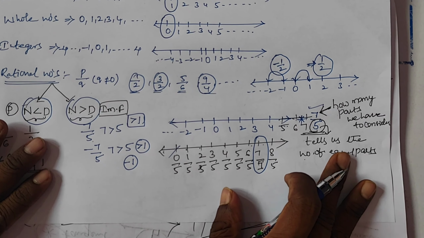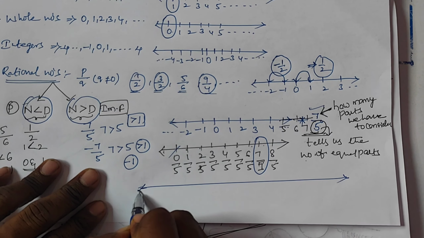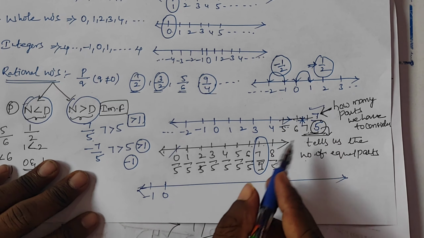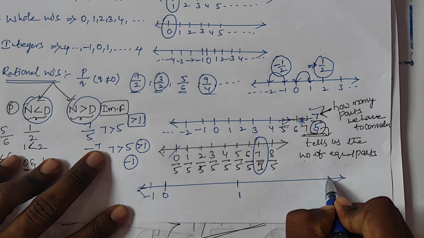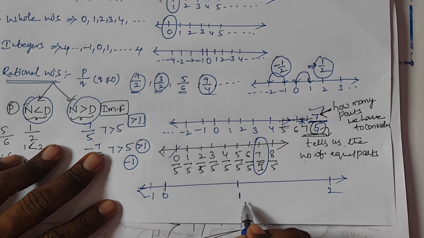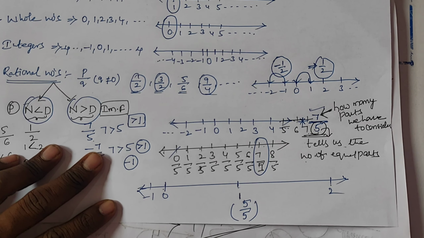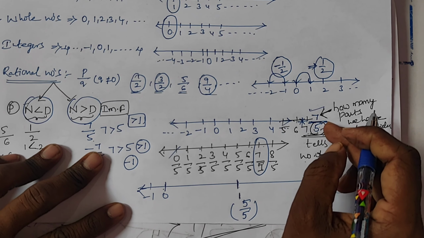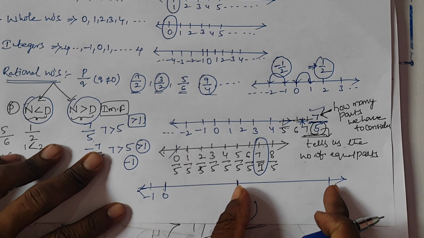Or we can do it by another method also. Again considering a number line, observe clearly: 0, left side minus values. It is greater than 1, isn't it? So 0, here I am considering 1 and here I am considering 2. Now we have to divide with 5. Here 1 is nothing but 5 by 5, which means 1. If you divide 5 by 5, we get 1, isn't it? So greater than 1, we have to consider denominator 5, 5 by 5 means 1. Now we have to divide here into equal parts.